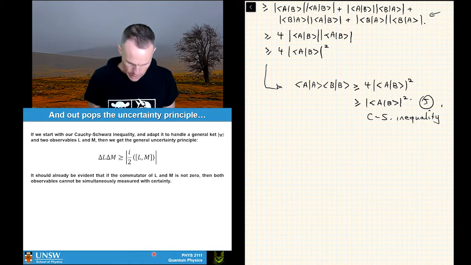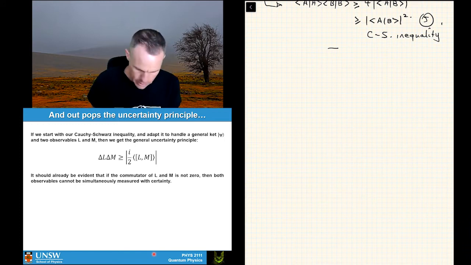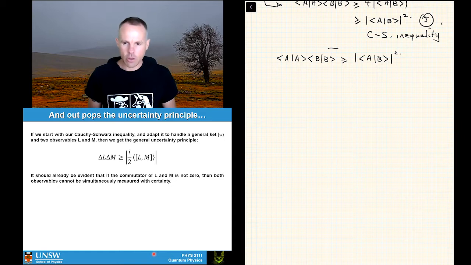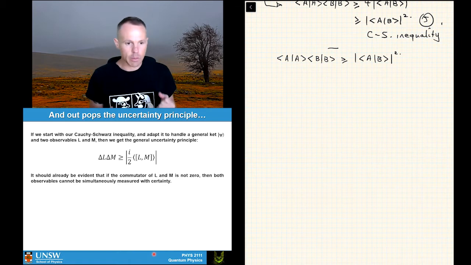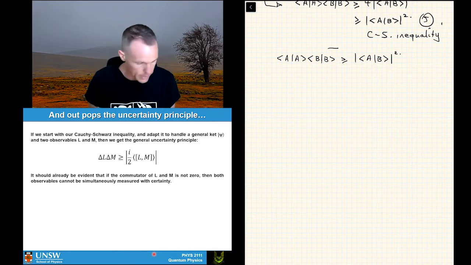What we're going to do is start out by taking, you'll remember in the last lecture we had our Cauchy-Schwarz inequality. It looks like this. Inner product of A and A times the inner product of B and B is greater than or equal to the absolute value of the inner product A, B squared, like so, okay? And the absolute value sign that we're carrying in there is just something we keep in order to handle the fact that we're dealing with complex vectors. We need to take care of conjugates at some point, okay?